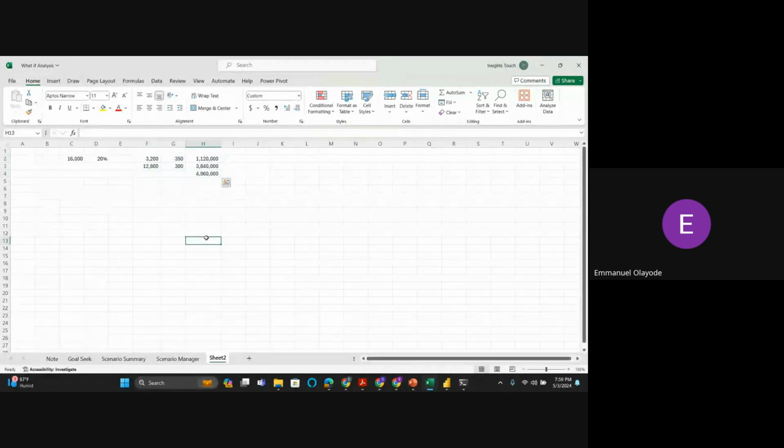Now I want to use the data table. Because the turnout is really massive, I can see that a lot of people are turning up to come and watch the ball event. So I decided, okay, what if I increase